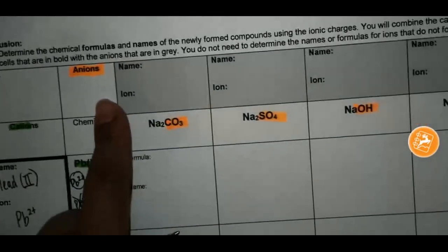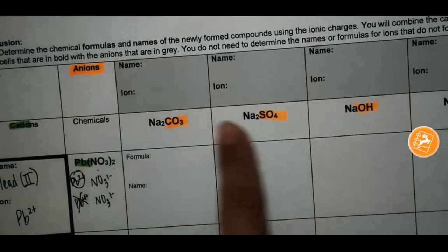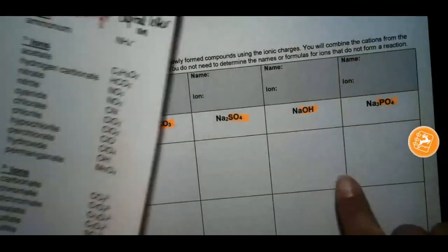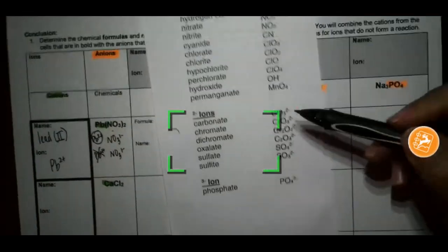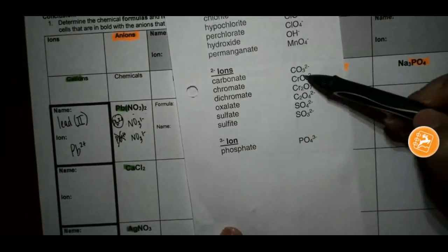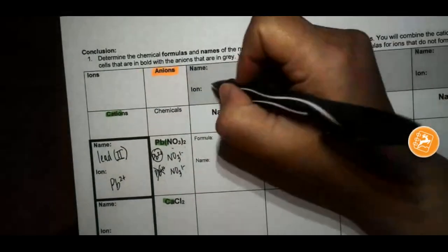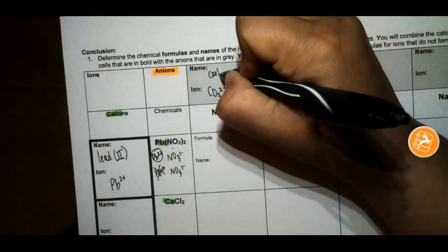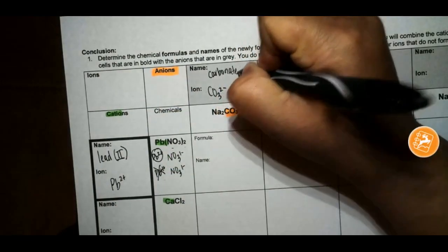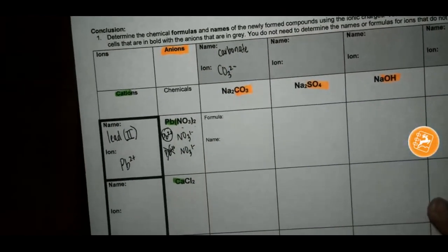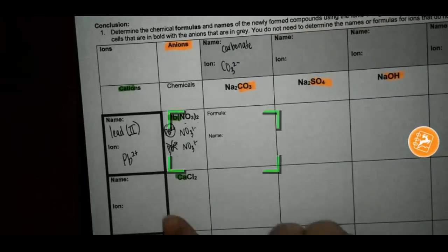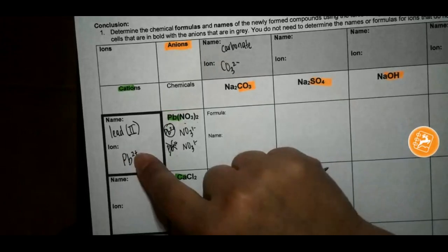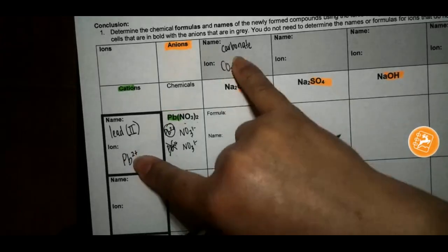Now we look at the anions. The anions are all polyatomics. And so if I don't know my polyatomics, I'm going to look at my sheet. I know this is carbonate. So this is CO3 2-, name is carbonate. So what I have to do now is combine the cation and the anion. Remember, the cation, the positive ion, goes first. So I'm going to combine these two,